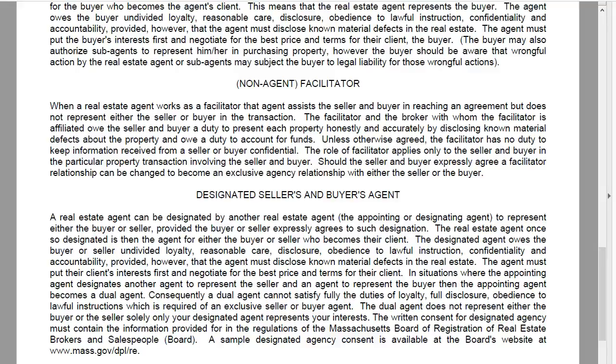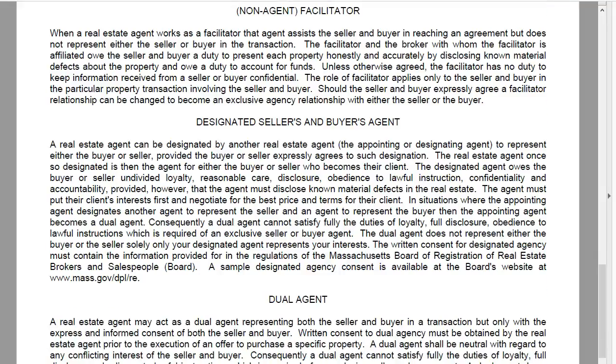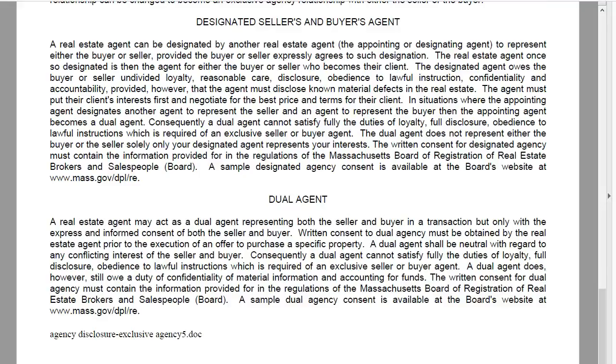The role of facilitator also applies only to the seller and buyer in a particular property transaction involving the seller and buyer. So in other words, just stick to this only. Now, we talked earlier about designated agent at length. I want to just go down and talk a little bit more about dual agent at the bottom of this page. Now,